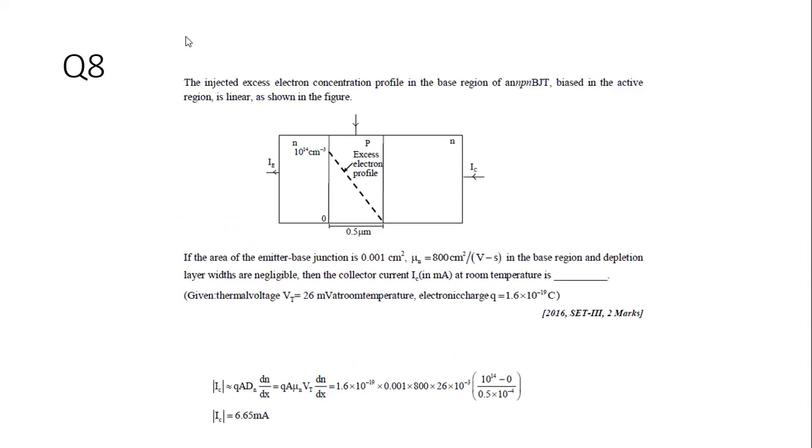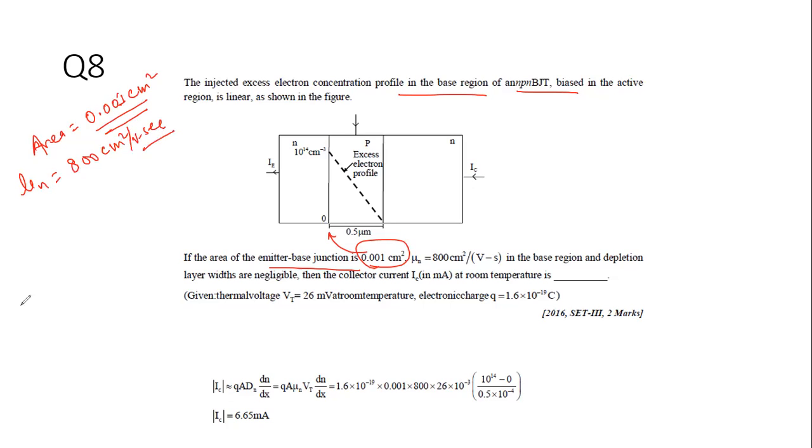The injected excess electron concentration profile in the base region of an NPN transistor is given. If the emitter-base junction area is 0.001 centimeter square, and the mobility is 800 centimeter square per volt second in the base region, and the depletion layer widths are negligible,